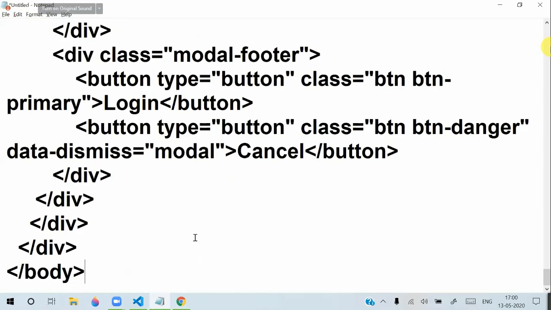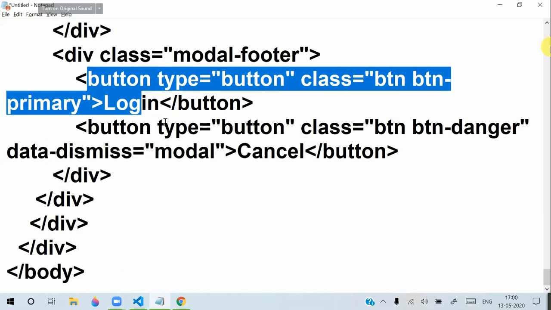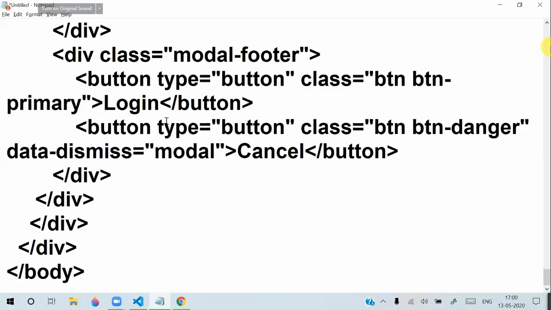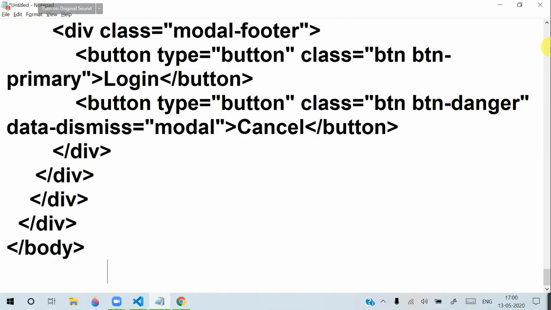Cancel is currently working because we are using data-dismiss. Login is not working because for that we need to write the logic. So later you will learn how to write the logic for that. For that we need JavaScript and jQuery. Next, after understanding this, we have another important topic in Bootstrap,